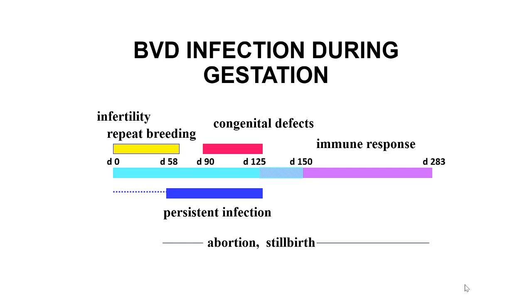to infect the fetus, because the immune system of that fetus is not developed enough at that time to recognize BVD as a foreign virus or foreign agent, right? So if BVD attacks that fetus in that 58 to 125 day window, more around that 90-day period, that virus becomes part of that fetus. So that fetus will shed that virus for the rest of its life,